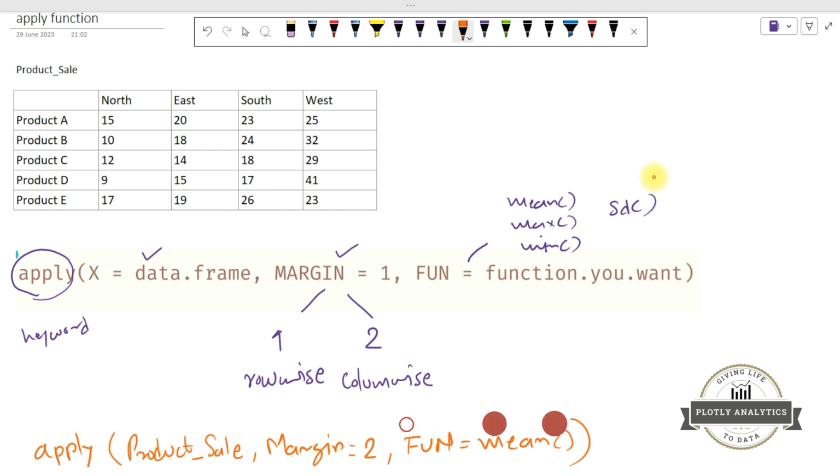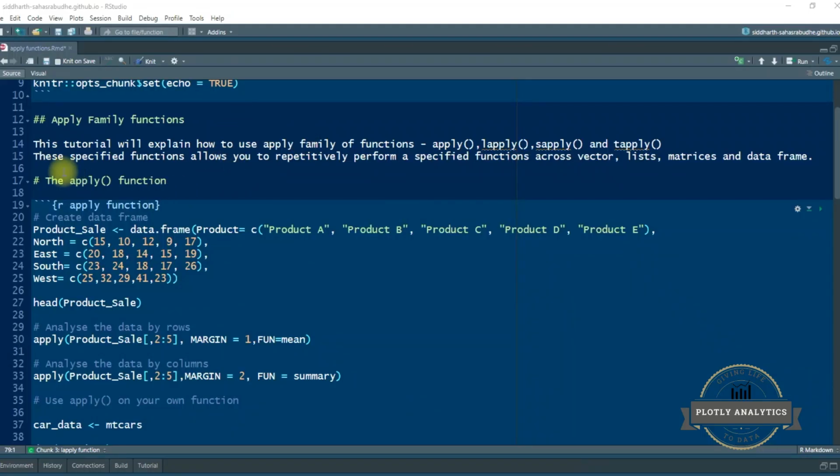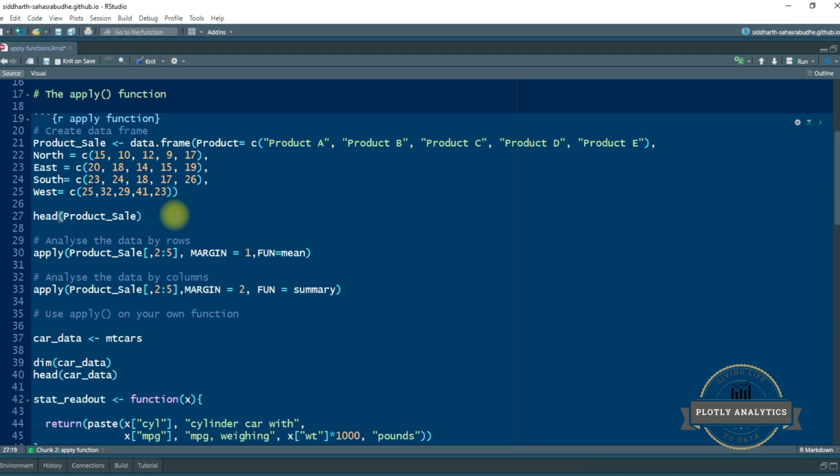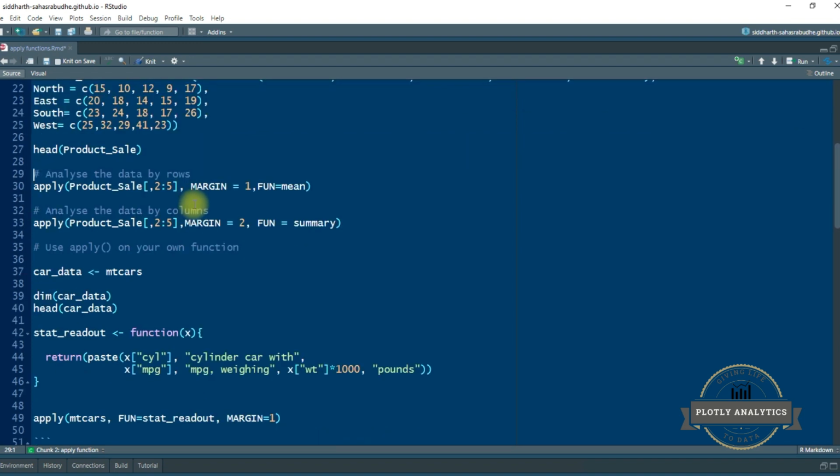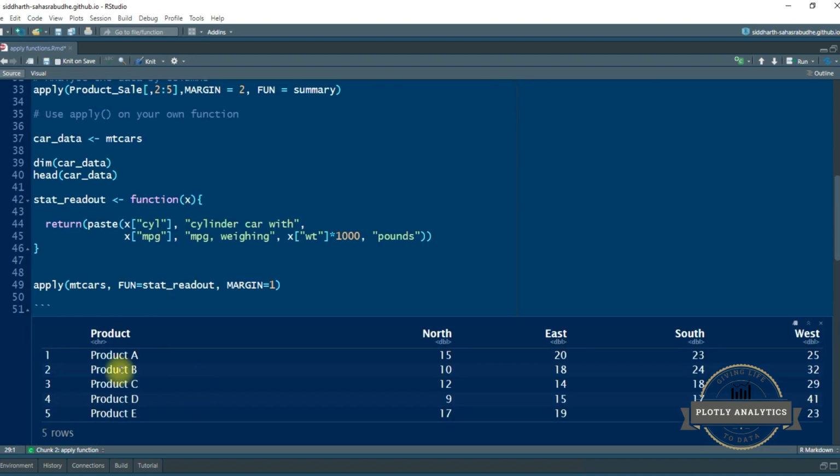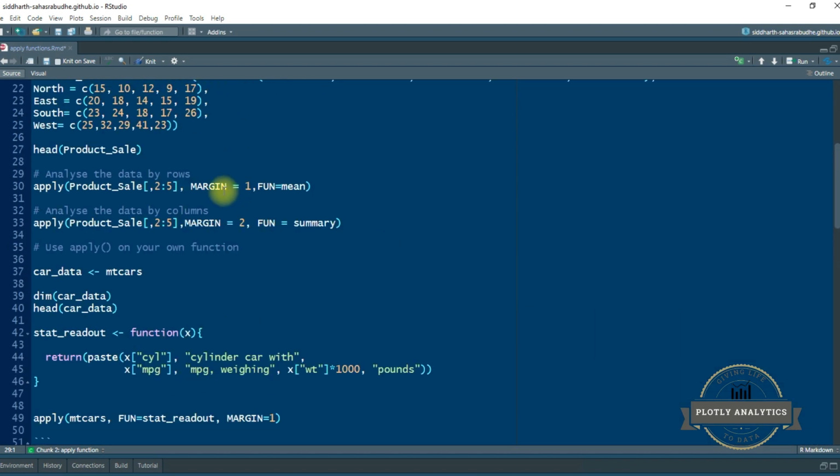So now let's open the R session and work on some examples using the apply function. Let's first look at this apply function. I've created a data set called product cell. I'm going to run it, then I'm going to show you how it looks with the help of the head function. So here you go, you have 5 different products and each of these products has been sold in 4 different regions. And then I am now going to